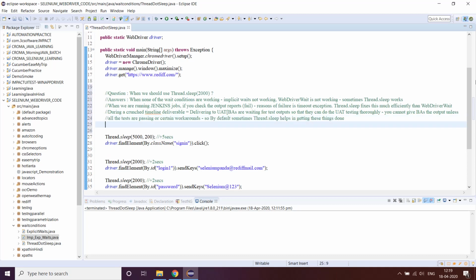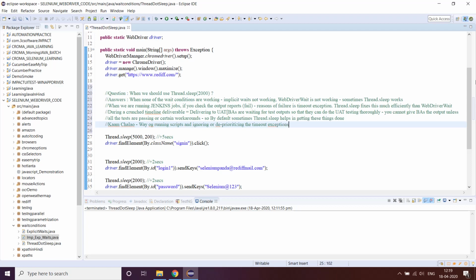So in this situation, you cannot escape. I'll not say it's the final way, but somehow in our industry there is a word known as kaam chalao. So this is when thread.sleep comes into the picture. It is like a way of running scripts and ignoring or deprioritizing the timeout exceptions.